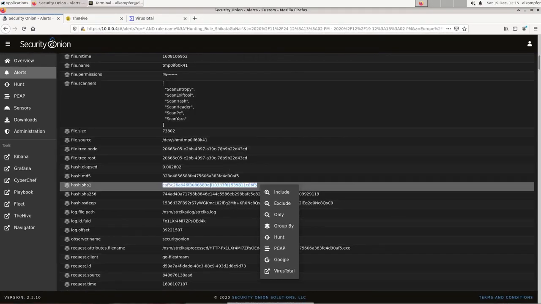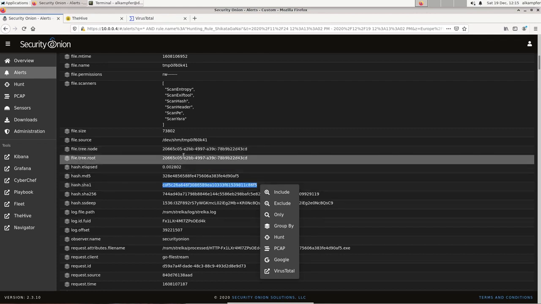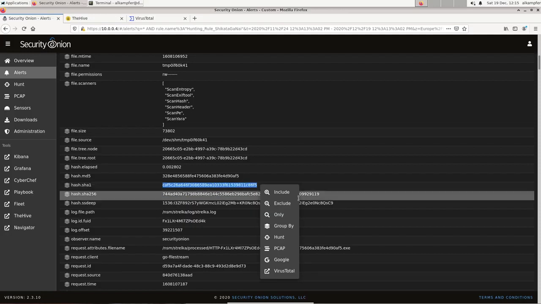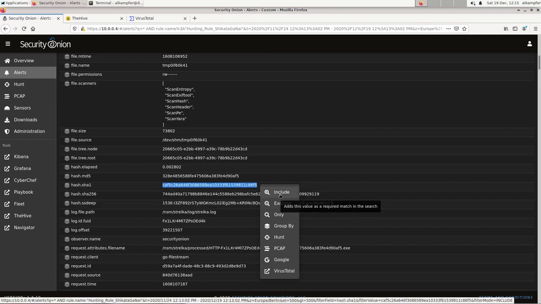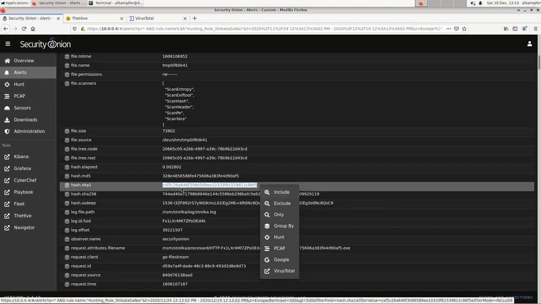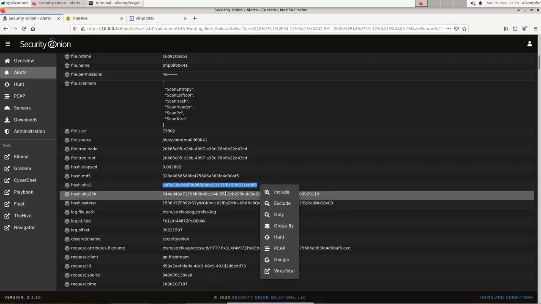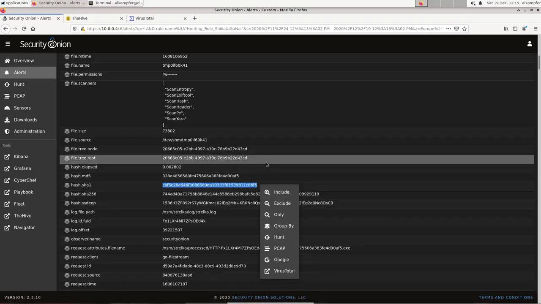I'm coming back into Security Onion, and the cool thing about Security Onion is that for each one of these values, which you can read in an alert or in any other piece of information that Security Onion contains, you can include and filter all the logs that have this value, but you can also press Hunt, and Hunt allows you to actually look in all the alerts for similar values,